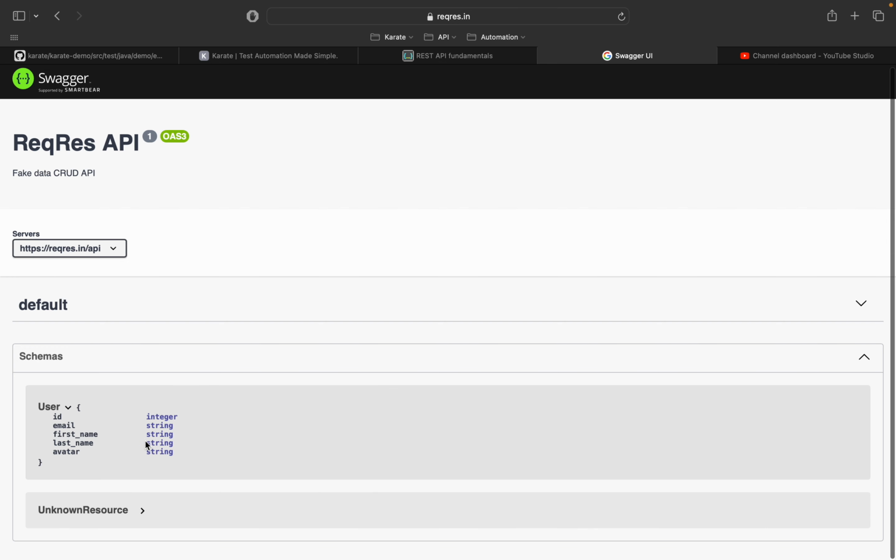Based on this schema you can design the request, and based on the schema you can validate your response. That response will contain some elements. The response will be in JSON format. The request can also be in JSON format or XML format or simply a string, or some other format. Those details will be discussed as and when we reach that stage of complexity. But to keep it simple,